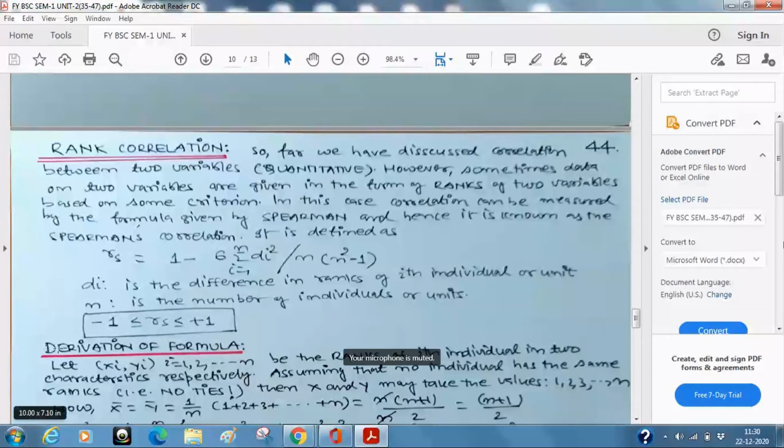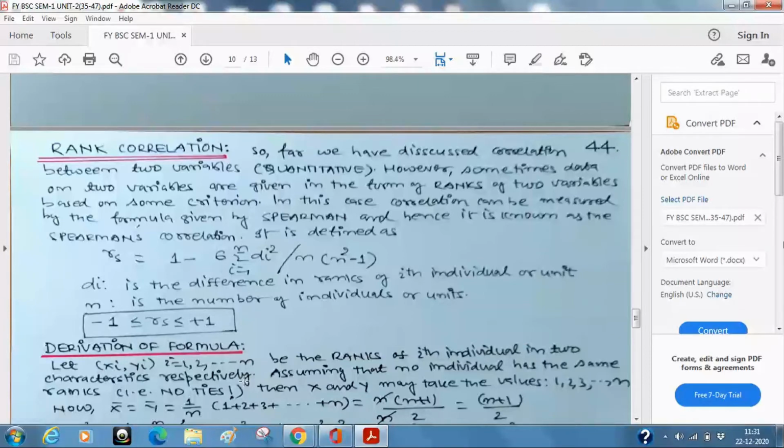So as usual, let xi, yi, i equals 1 to n, be the ranks. Now remember, again I am saying that these are the ranks, and hence the name rank correlation, because we are finding the correlation between the ranks of the two. This is the reason it is called rank correlation. xi and yi are not the data themselves; they are the ranked values of the data. So let xi, yi, i equals 1 to n, be the ranks of the ith individual in the two